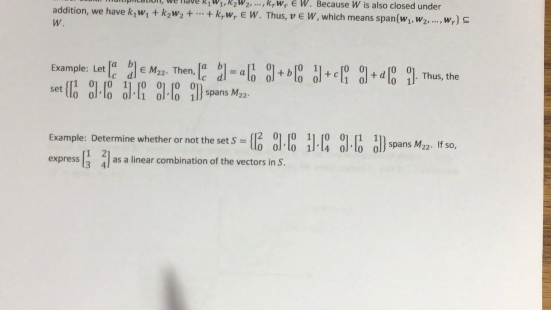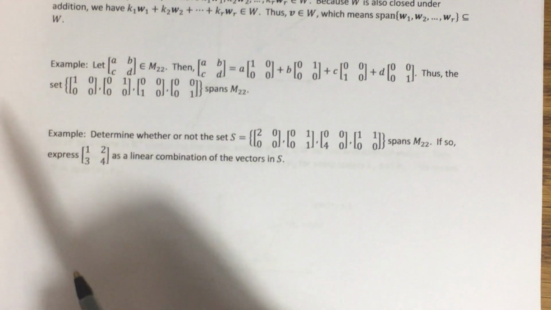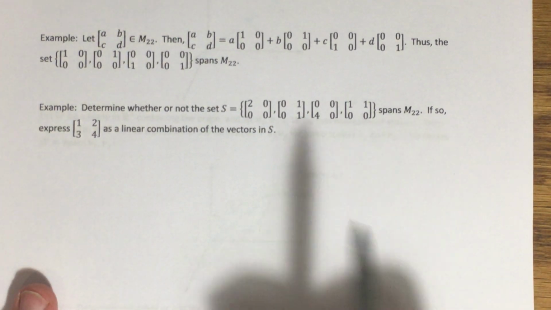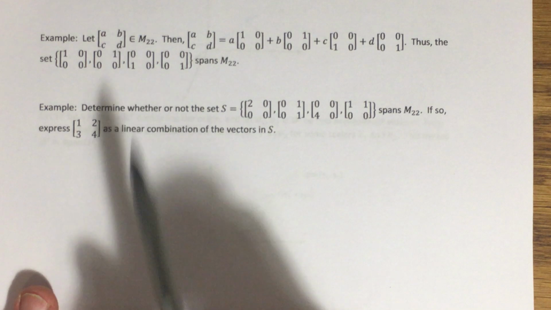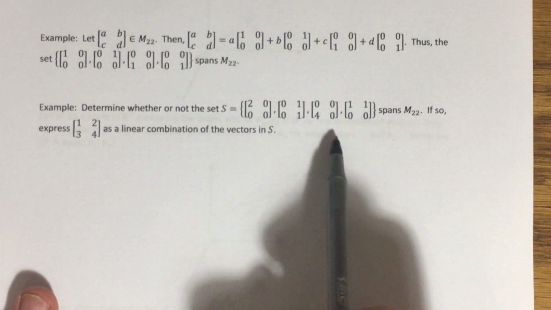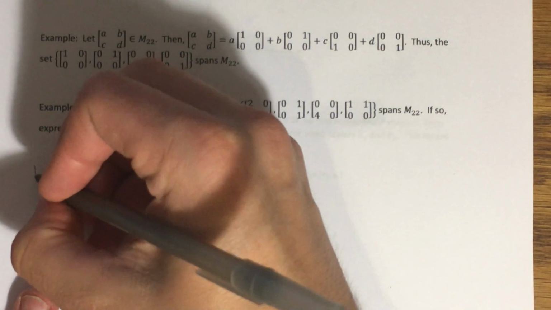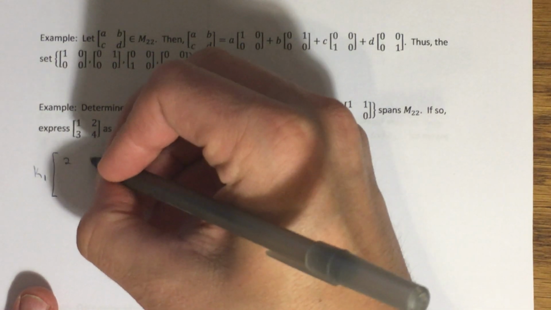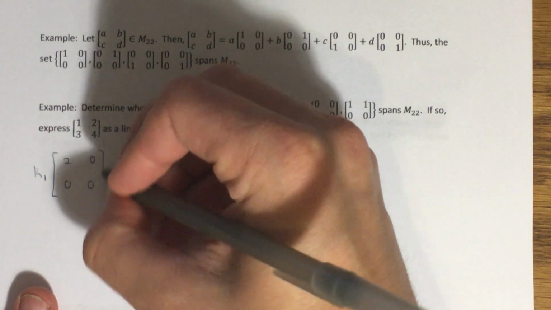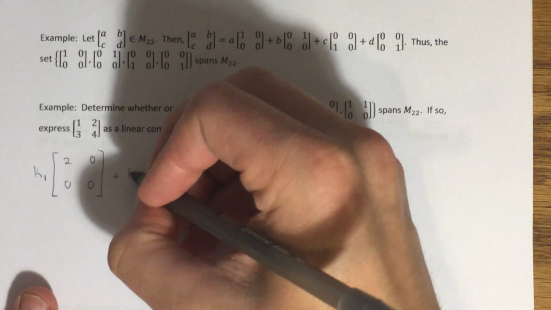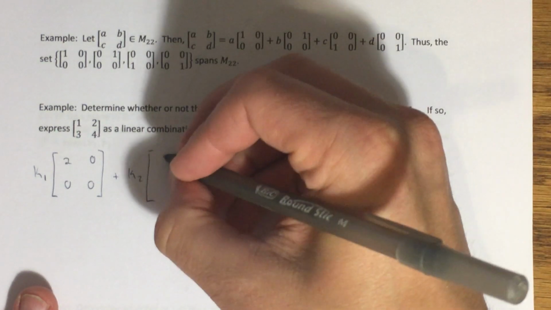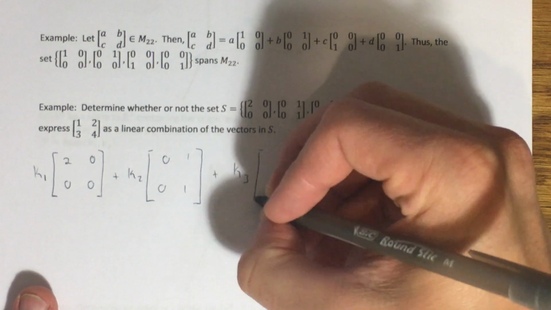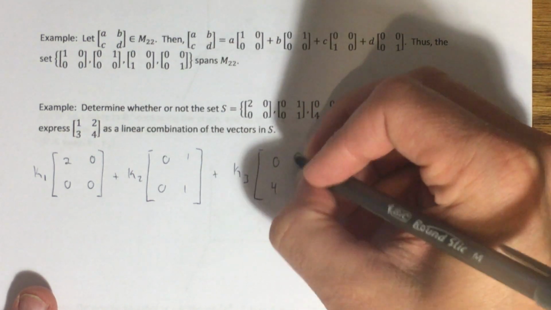Well, similar to what we did here, we're going to let A, B, C, D be some arbitrary matrix that we've chosen from our vector space M22, and try to form some linear combination that makes that. So I'm going to use k's for the constants here. K1 times the matrix 2, 0, 0, 0 plus K2 times the next matrix 0, 0, 1, 1 plus K3 times the next one 0, 4, 0, 0